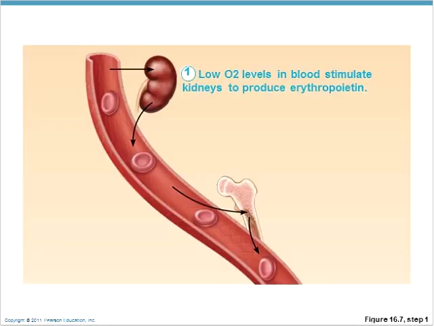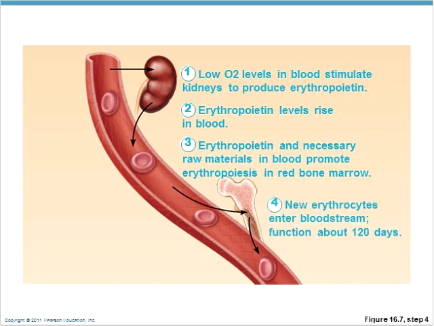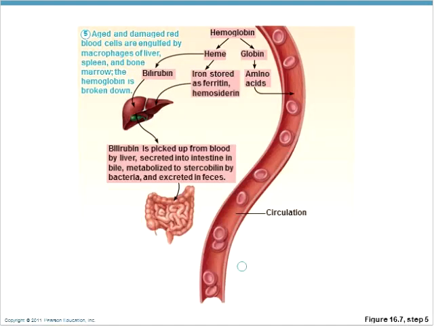As we look at that process, we see that low oxygen levels in blood stimulate kidneys to produce erythropoietin. We see erythropoietin levels rise in the blood. We see erythropoietin and the necessary raw materials in the blood promote erythropoiesis in the bone marrow. We see new erythrocytes in the bloodstream, and they function for about 120 days. The aged and damaged blood cells are engulfed by macrophages of the liver, spleen, and bone marrow, and the hemoglobin